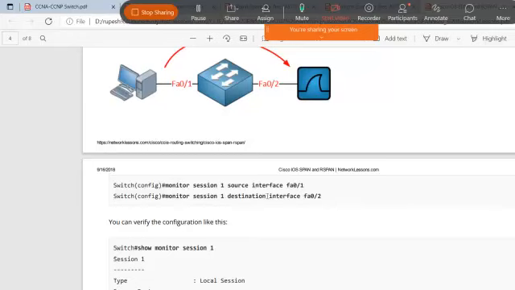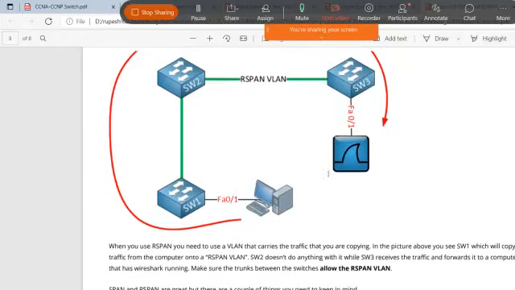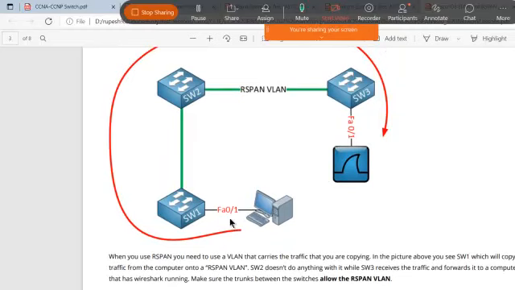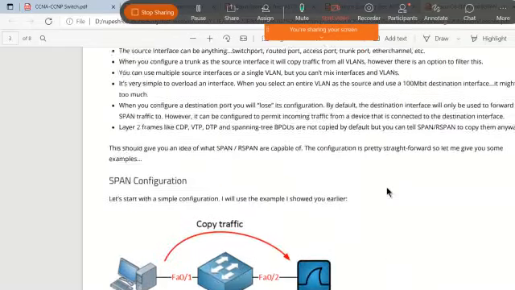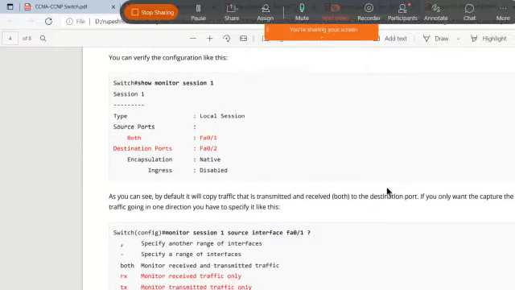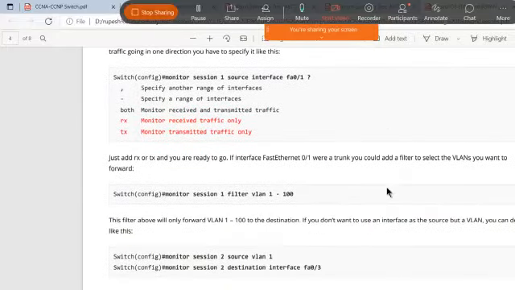And we also have to define who is the destination. So the destination is this interface. In this scenario, who is our source? The source is our FastEthernet 0/1. And who is our destination? This is our destination, right? Just like that, we can tell the source and destination.